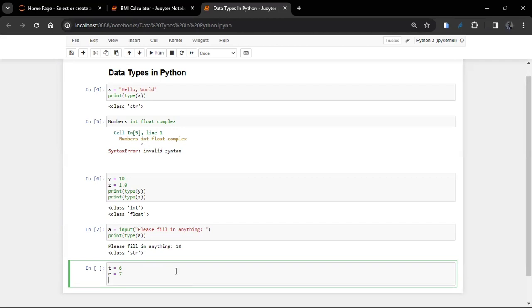We can check this by using if statements. For example, if t is greater than r,